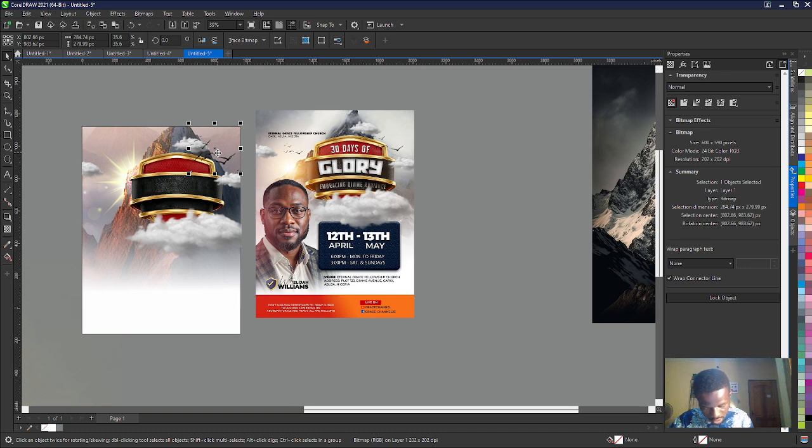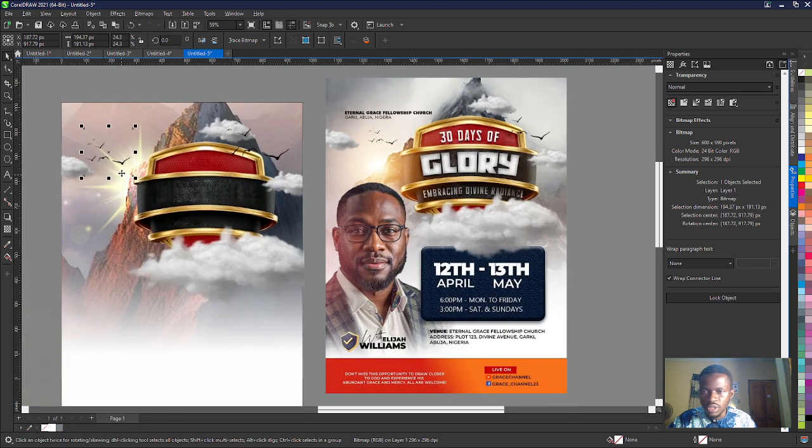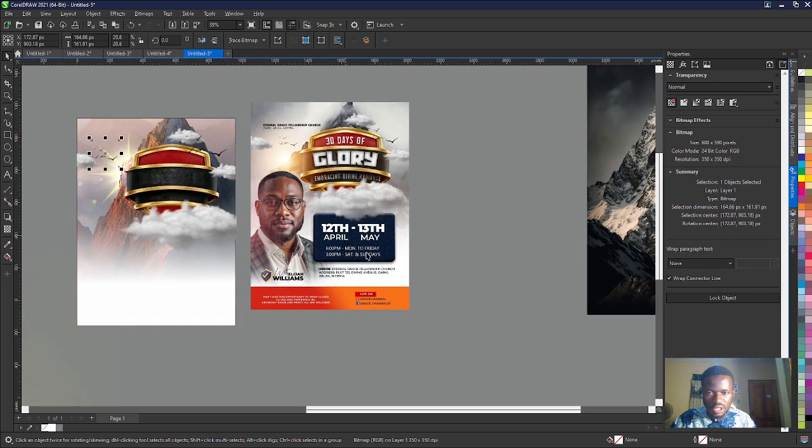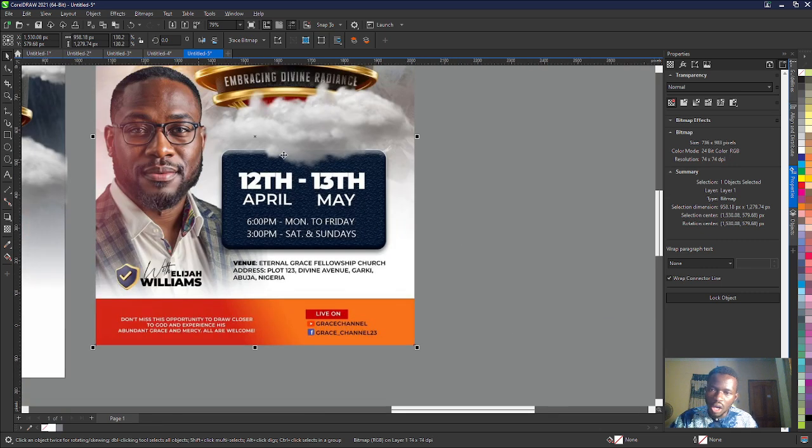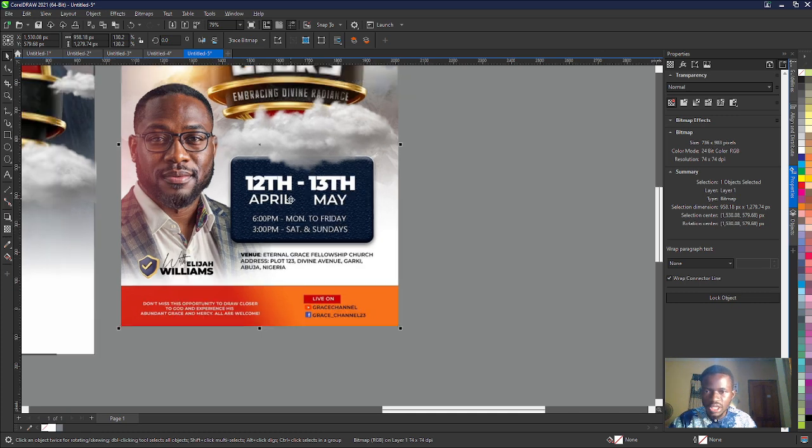That's Control D again. And I drag to here. Okay. So that's just it basically. So I'm just going to arrange those things very well. So I want to get the exact size of